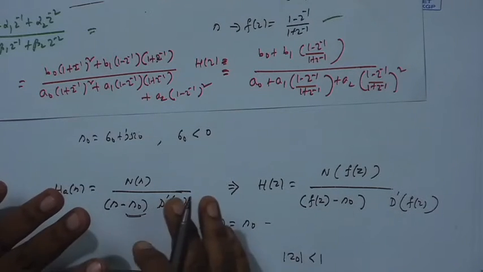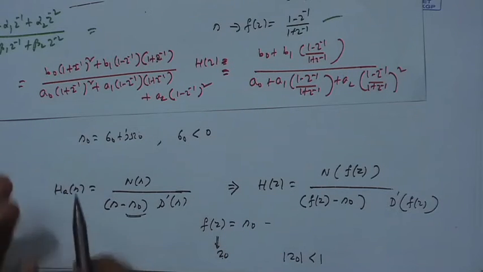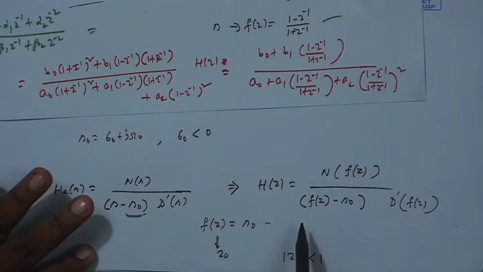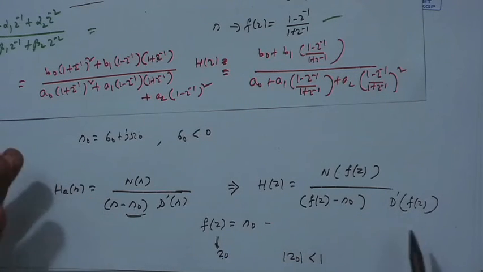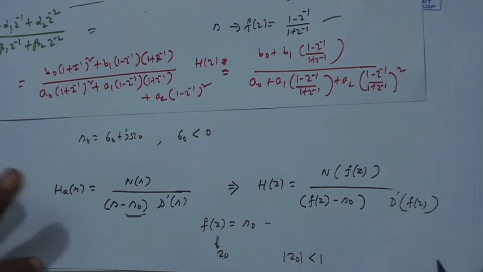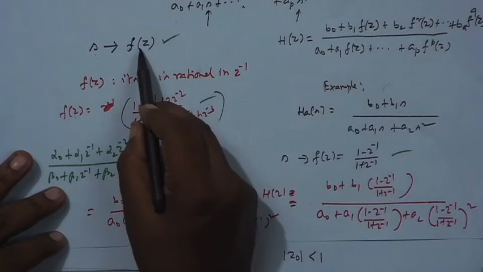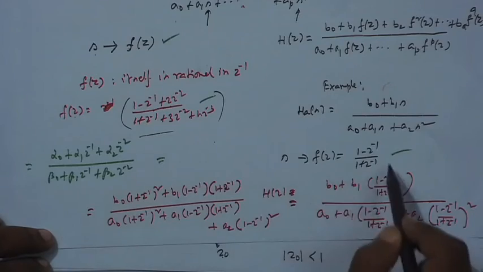That means, if S 0 is such that its real part is negative, that is, it lies in the left half plane in the S plane, then H(s) is causal and stable, then f(z) equal to S 0, if I solve and I get a new pole z 0 in terms of z, the corresponding mod z 0 also should be less than 1. That means the pole in terms of z should be within the unit circle. So, if all the poles are within the unit circle, we know the system will be causal and stable. So, f(z) should be such. So, there is another condition on f(z). One condition was that f(z) should be rational, like this or like this.